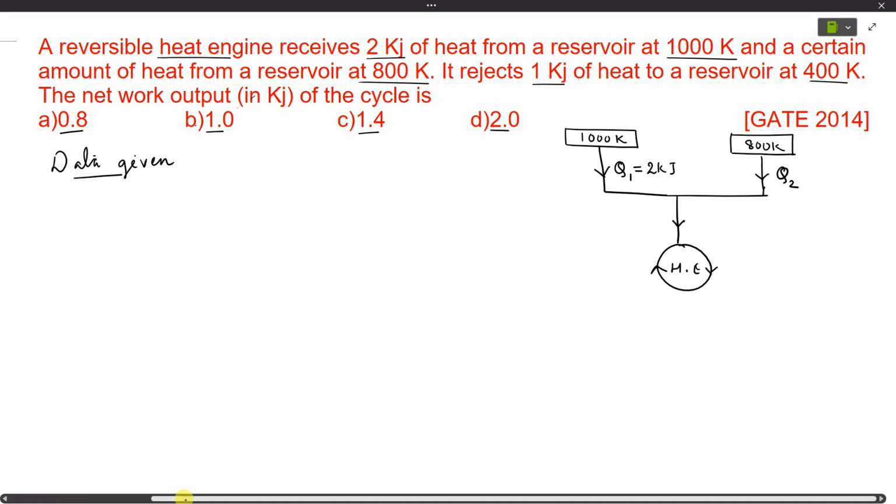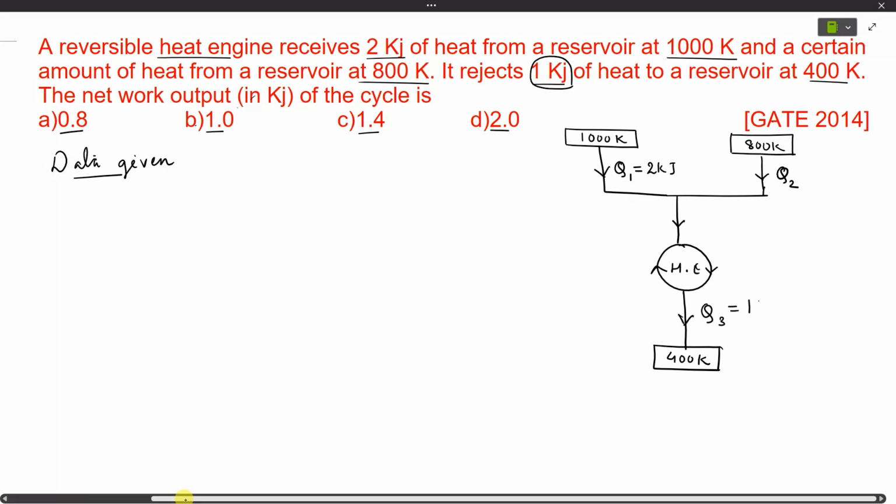It is also mentioned that the heat engine rejects 1 kilojoule of heat to a reservoir at 400 Kelvin. So let's say this is a reservoir having temperature 400 Kelvin. To this reservoir, the amount of heat energy that is rejected, let's say Q3,